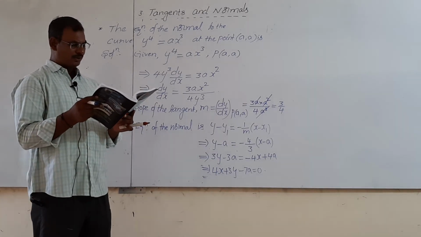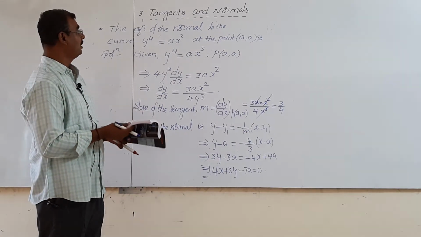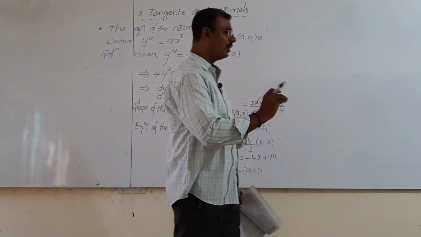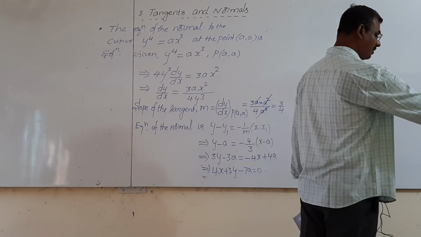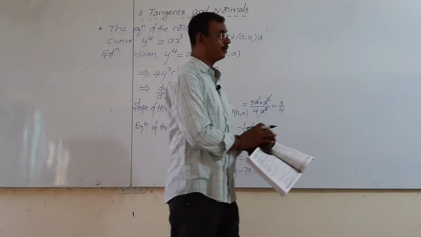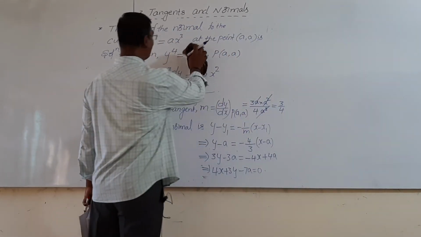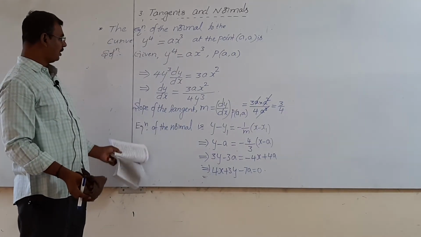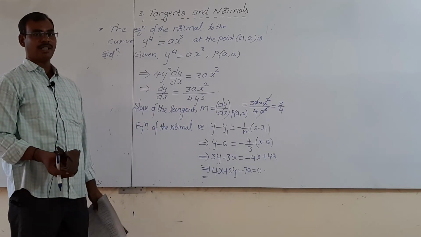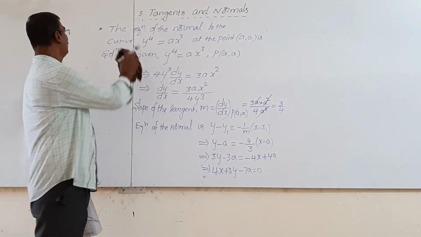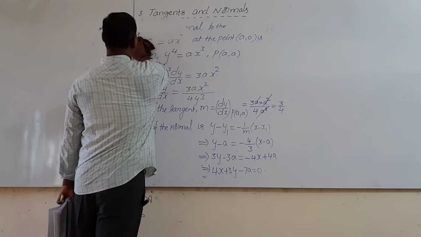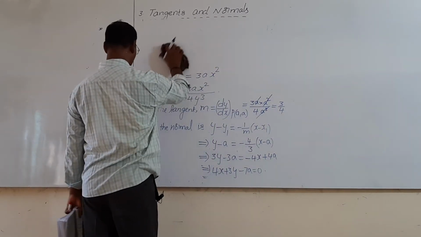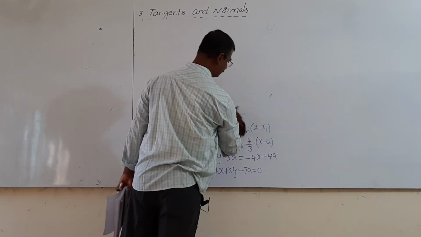So we have to find the equation of the tangent, equation of the normal, slope of the tangent, slope of the normal. Sometimes little conditions are given, and we just have to use some more conditions. I hope that you may understand. Okay, now students, remember how to find the equation of the tangent and the equation of the normal. Now we are going to the problems with conditions. Some conditions are given, how to solve.